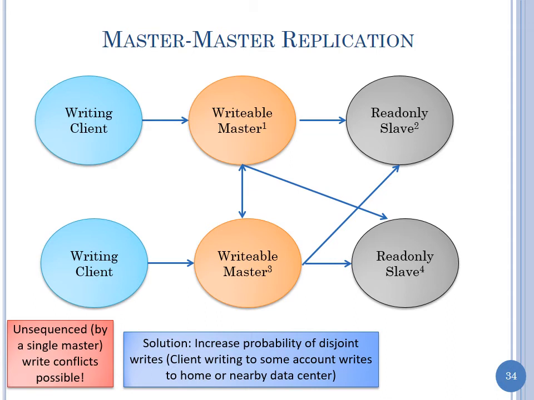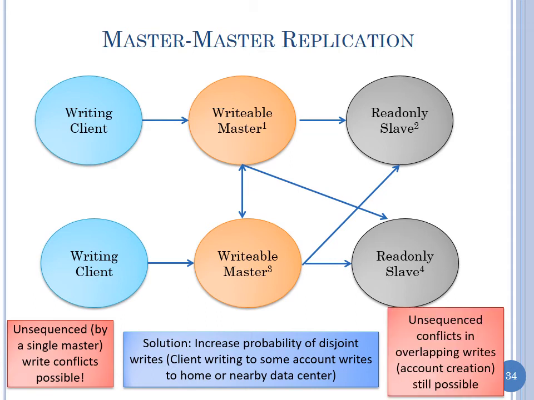So again, a client goes and writes to home or nearby data center. If it's nearby data center, then we can have conflicts. But if it goes to the home center, we won't have conflicts of certain kind. But we can have other conflicts possible, and then we can have conflicts still where these are not sequenced writes